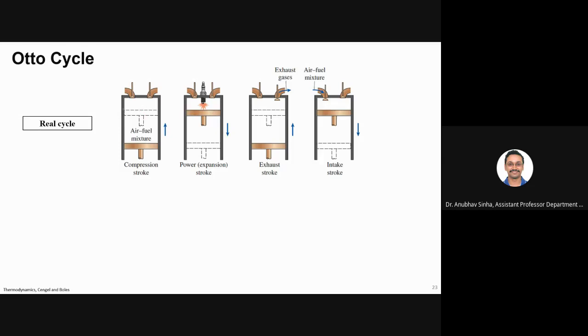Okay, once that air is compressed, you switch on the spark ignition. It will be air plus fuel, air plus petrol, so that mixture burns. This is called the power stroke, when you burn and it starts to expand. When it expands, after that you also do the exhaust stroke. So you compress it back and the exhaust valve is open, so it is thrown out. And next, once you throw it out, you take fresh mixture. This is called the intake stroke. Is this clear, what is happening here?